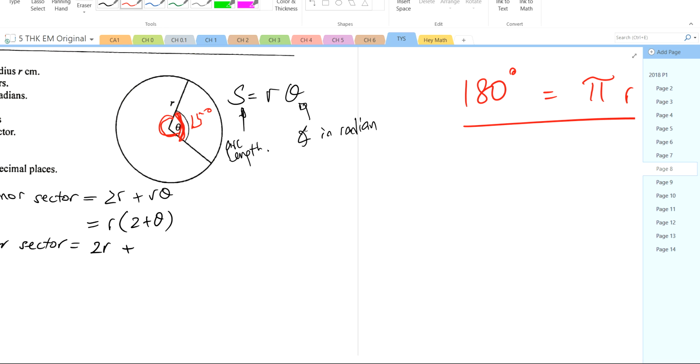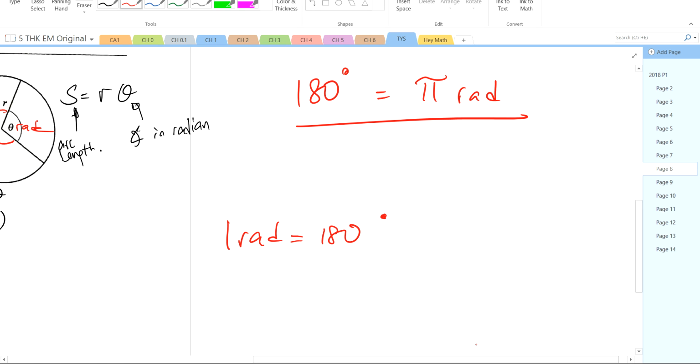All agree? Okay, but now it is not in degrees anymore. This one is in radian. It is theta radian. So how to find this angle? It is the same step. 1 minus, why 1? 1 radian equals to 180 degrees, is it? Does it look like what I just wrote earlier on? Did I say 180 degrees equals to 1 radian? No, I didn't. I said 180 degrees equals to